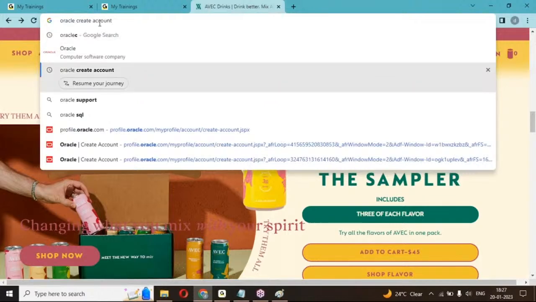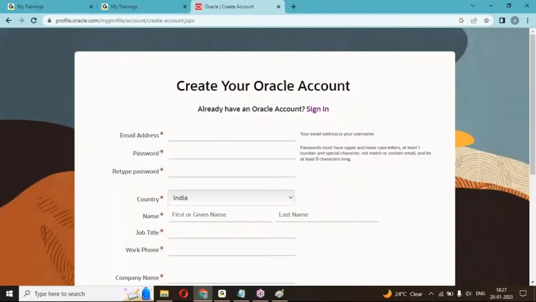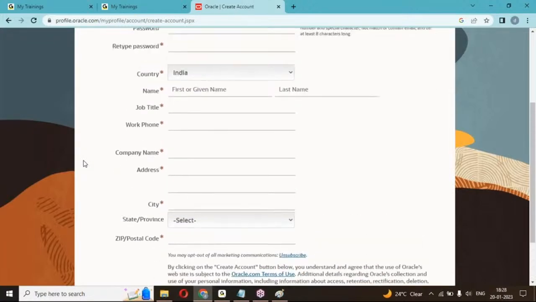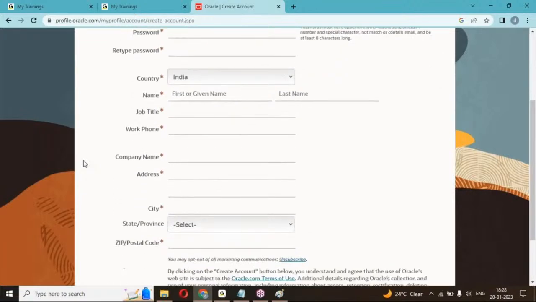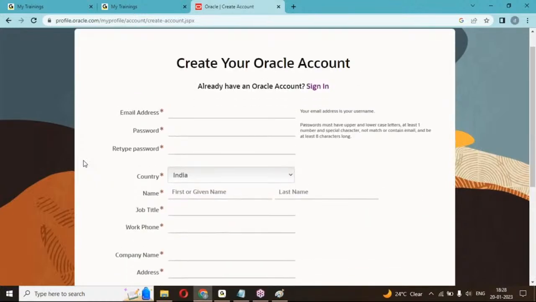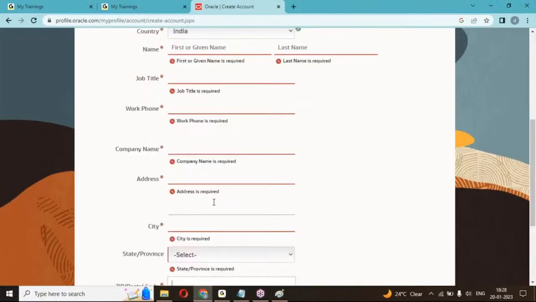If you check the Oracle create account page, when you want to create your account with Oracle, it gives you one front end page. In this front end page you can see the submit button, email address, password, country, company, work, city. Once I click on create account, you can see all the red color error messages. These error messages, buttons, text boxes, radio buttons, drop down lists,